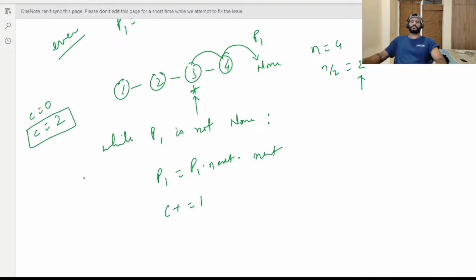Now see, when it goes into the while loop again, here p1 is None, so it will come out of the loop. When it comes out of the loop, we have the c value, which is equal to the index value here, 2. So we got the index value here. Now what we will do,